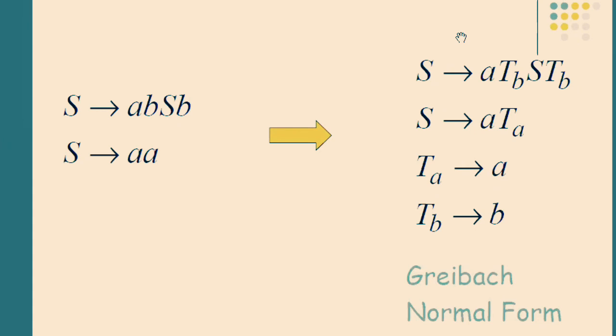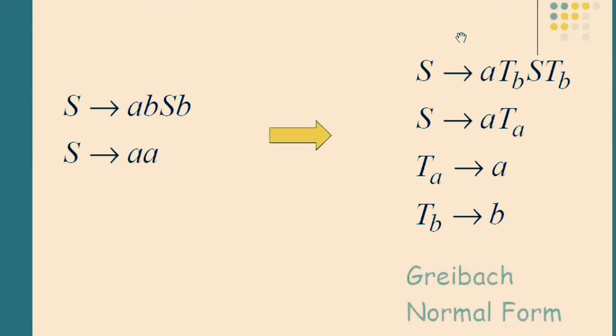So this is how you'll be converting any given context-free grammar to its equivalent Greibach normal form. And these two are very important. There are two types of normal forms: Chomsky normal form, which says the productions should be of the kind where a non-terminal or a variable gives you two variables, or a variable gives you a single terminating symbol. That is Chomsky normal form. And what does Greibach normal form say? In any production the leftmost symbol should be terminating, that is, there are no left-recursive derivations, and the right side variables can grow. That is your Greibach normal form.